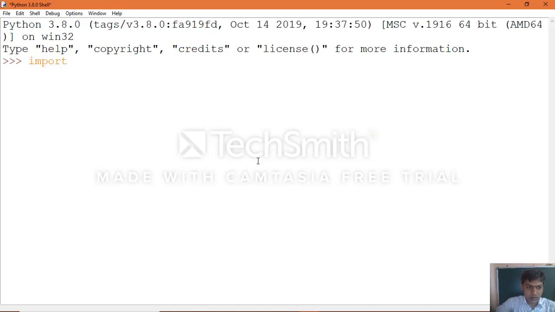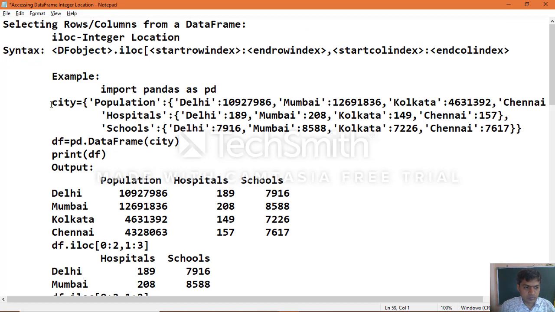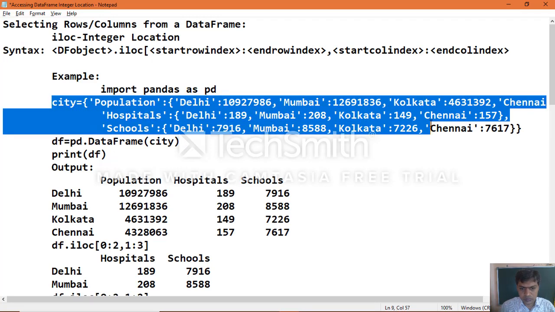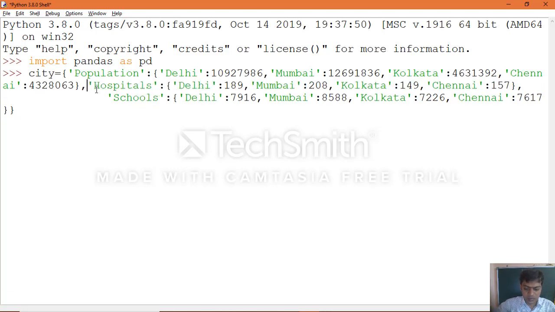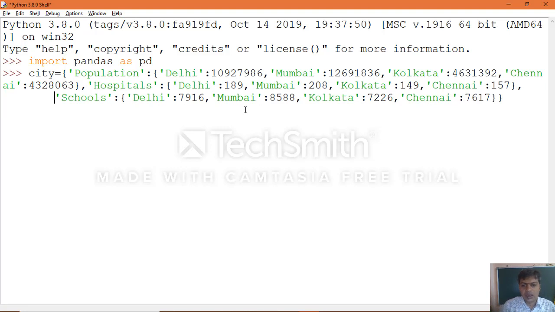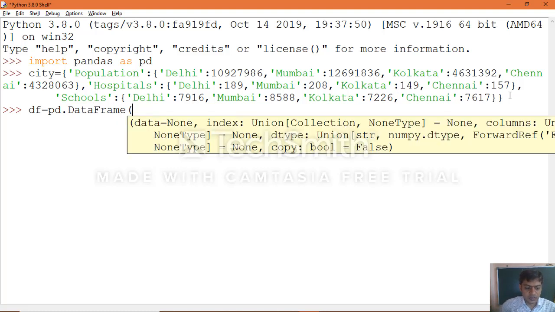First import the pandas module, import pandas as pd. Then create the dictionary of dictionaries. Once you create the dictionary object, create the data frame object, pd dot DataFrame of the dictionary object which you pass here.